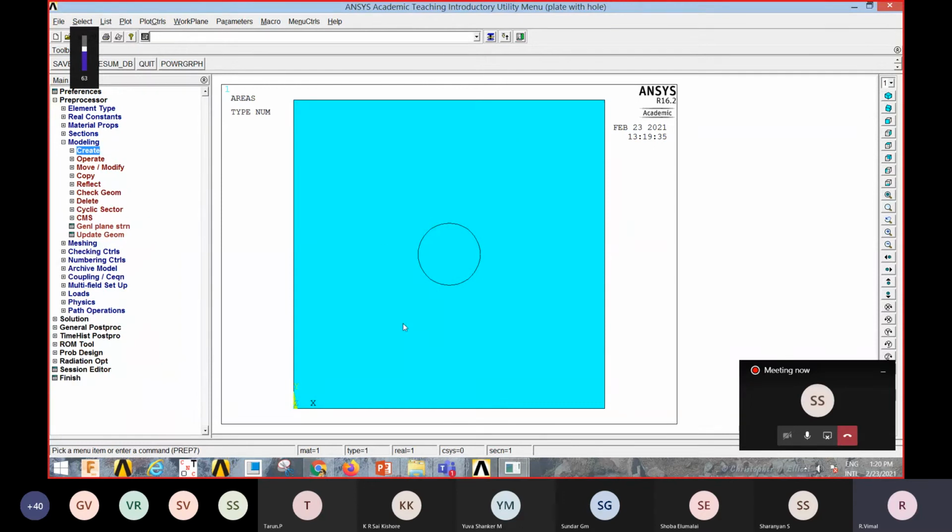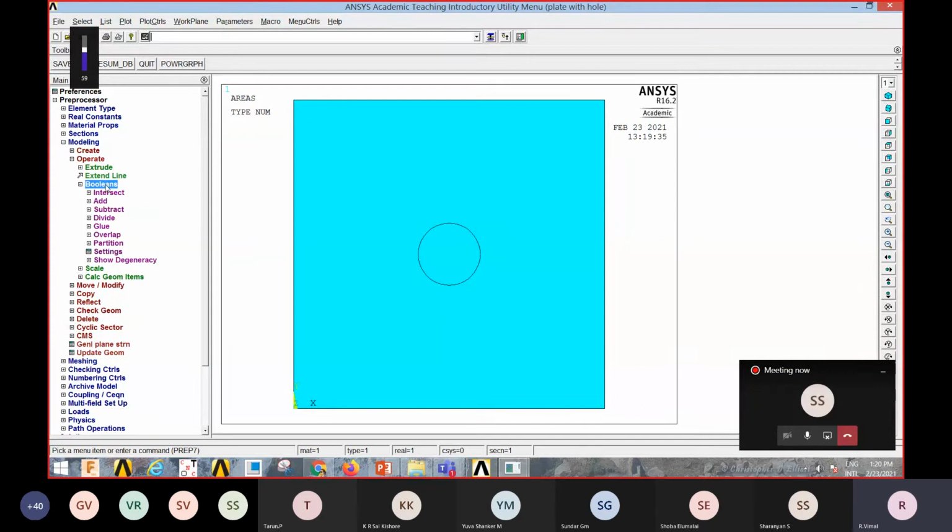Now you could see there are two elements there. One is a flat plate and the other is a circle element. What we need to do is cut the circle part away from this plate. For this, we perform an operation called Boolean. I mentioned the word operation. In the modeling, we have a tab called operate. So click on operate. There you have a button for Boolean to perform Boolean operations.